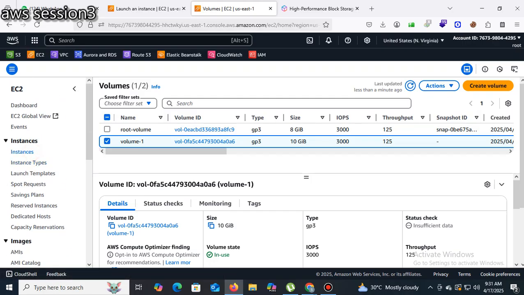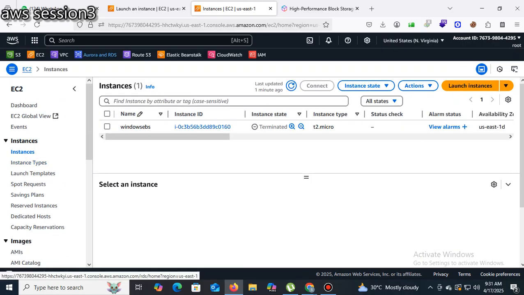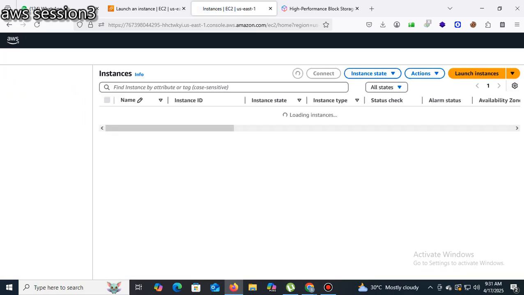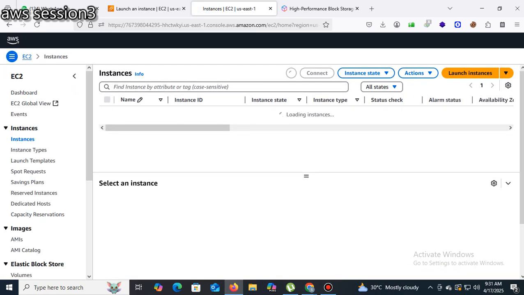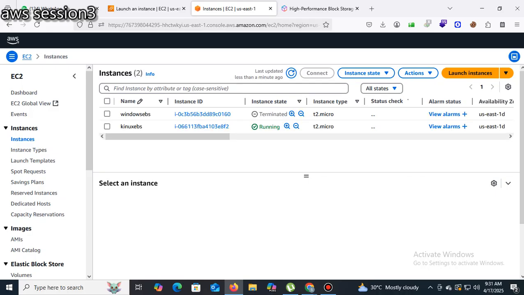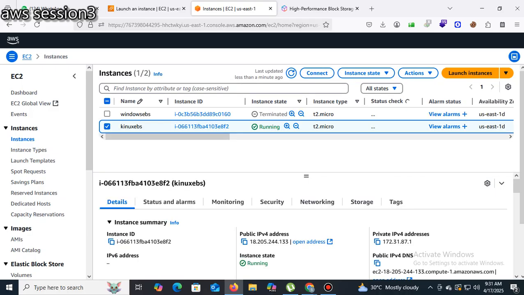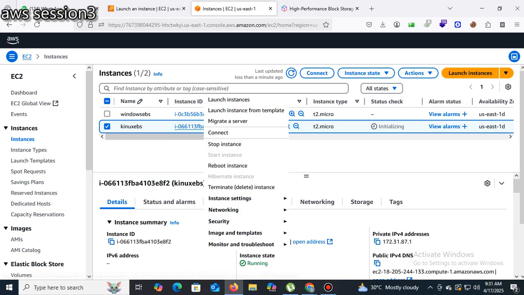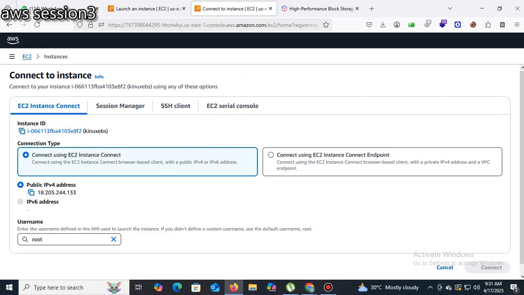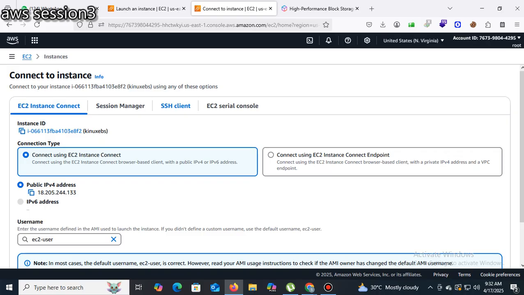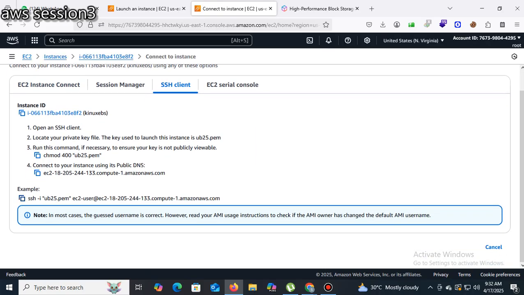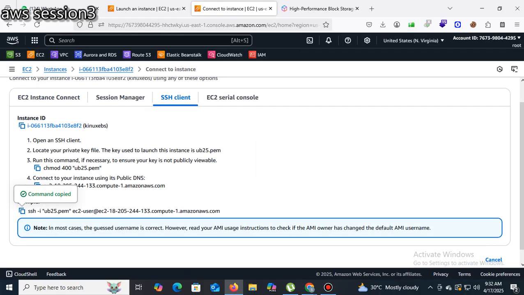Then we are going to connect to the instance. How will you connect to the instance? Just refresh. Status not updated. How do you connect? Select this one, right click, click on the connect button, click on SSH client. Copy this command.